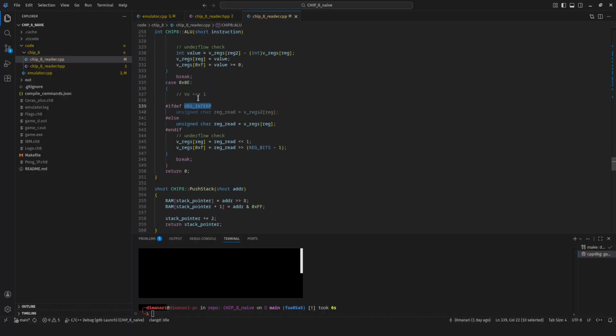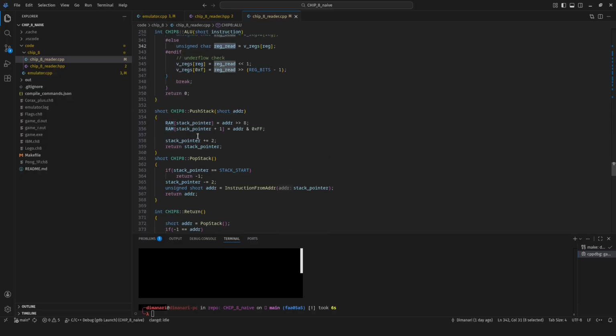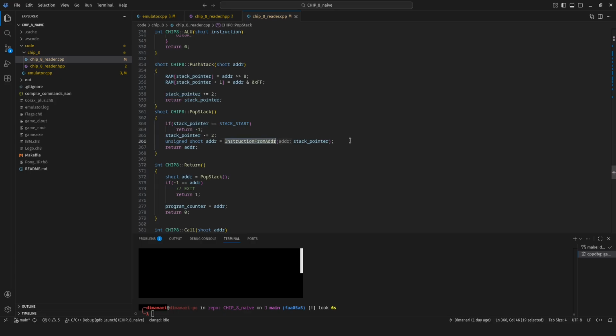There is basically a different interpretation of this instruction, and I just allow both. Read reg can be this or that, and that is how it's going. Okay. Push stack just puts the address into the stack pointer so that it can be read, and then read it. And instruction from address, you decrement the stack pointer unless it's the start of the stack, and then return the address. If the address returned is -1, because there is no address, then the function itself returns and stops